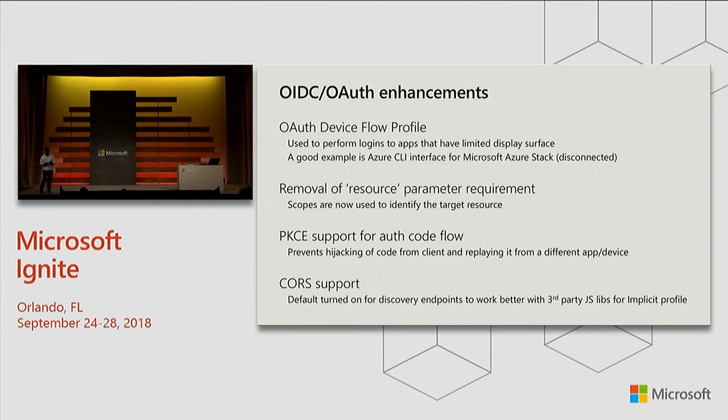And most third-party libraries have a way they do client signature validation, the token validation, on the client side. And to do that, they need to check, okay, from the authority, which is ADFS, what is the token signing certificate? So that it can get the public portion of the cert, so that it can validate if the token was signed. Now, that would fail in an implicit flow profile app because ADFS did not support CORS. Now we've added support for that, and we've added a few more customizations on that.